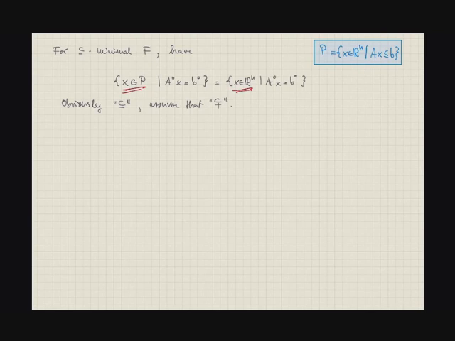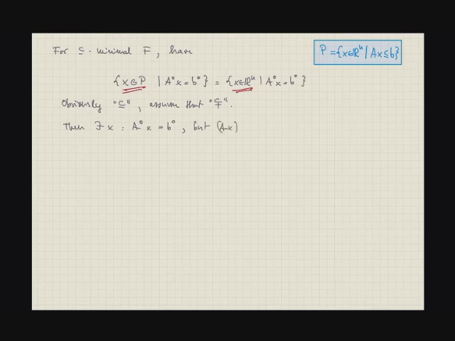So assuming strict containment would mean that there exists a vector x which fulfills all these inequalities with equality, so A_0 x is equal to b_0, but it's not in the polytope. So it's a vector in this set here which is not in the polytope, so that means it violates at least one of the defining inequalities. So we have that